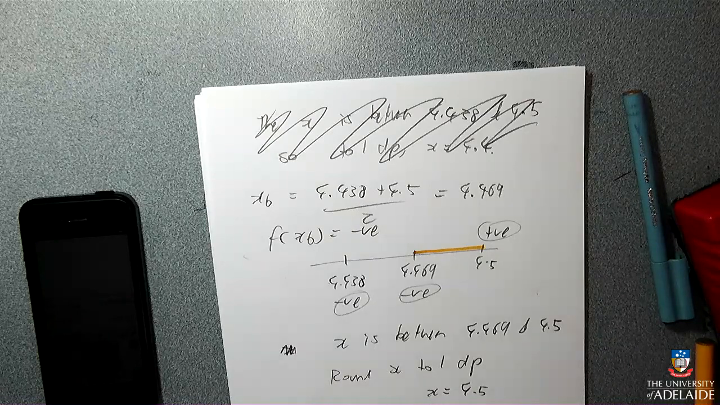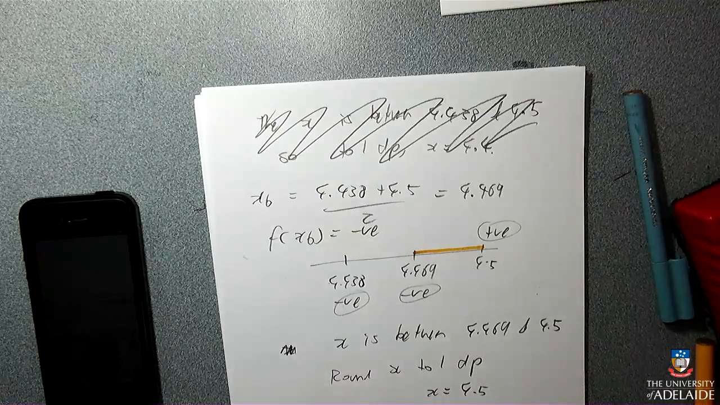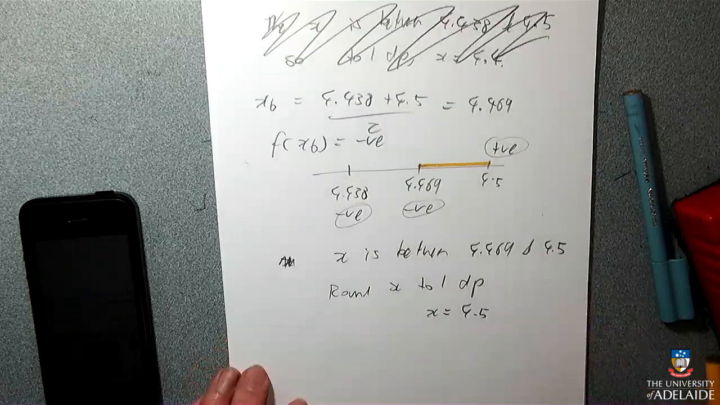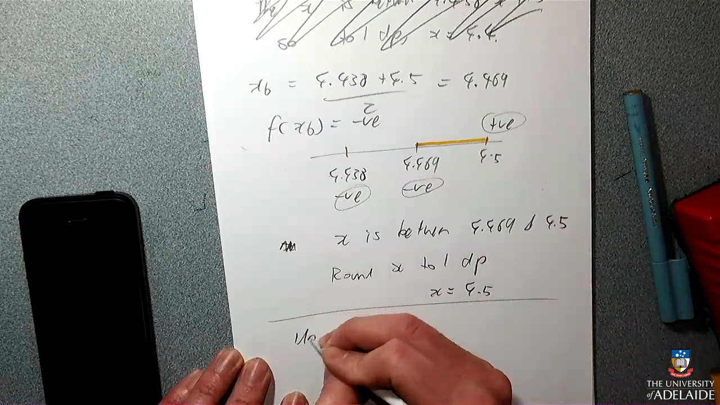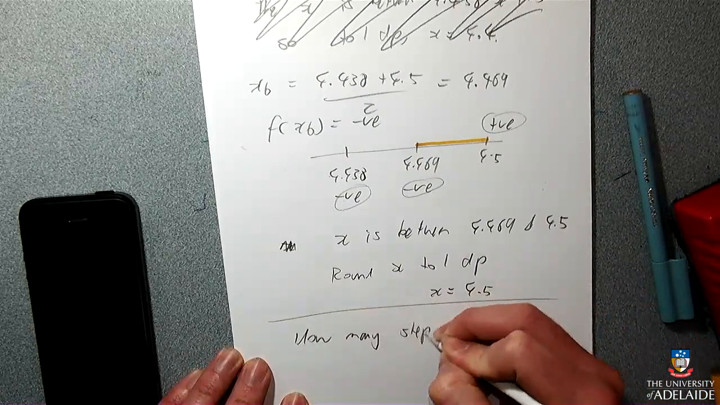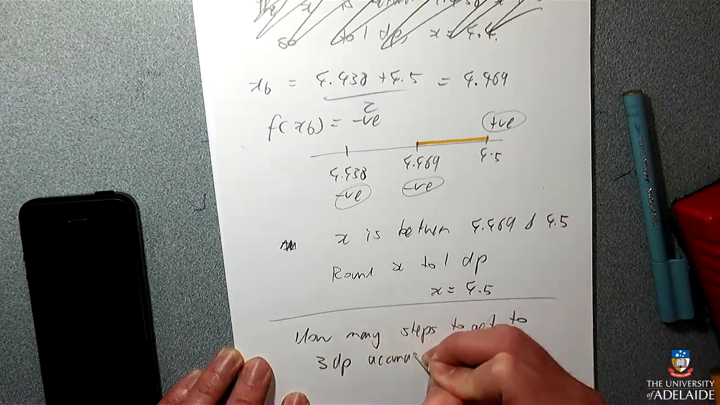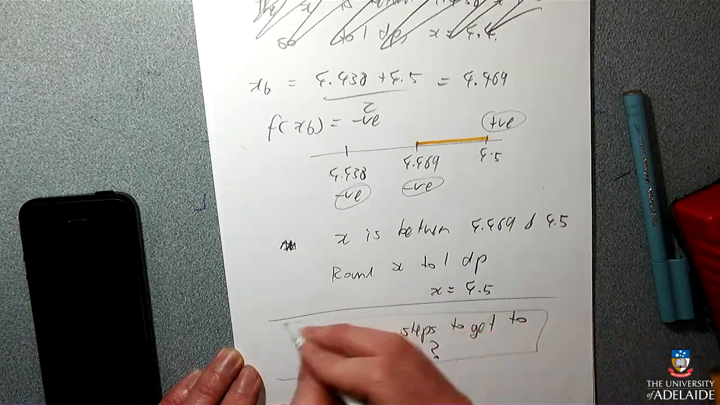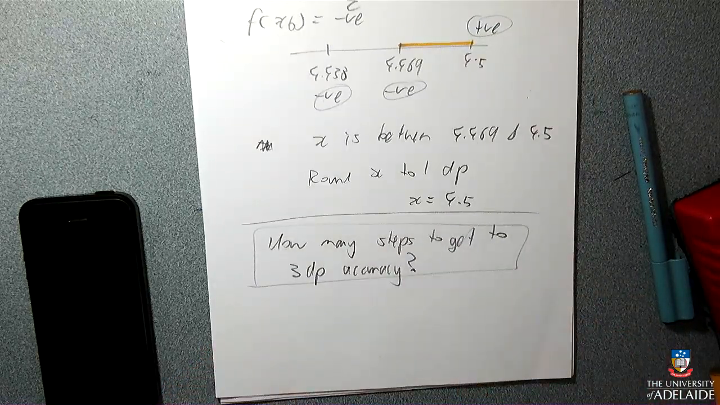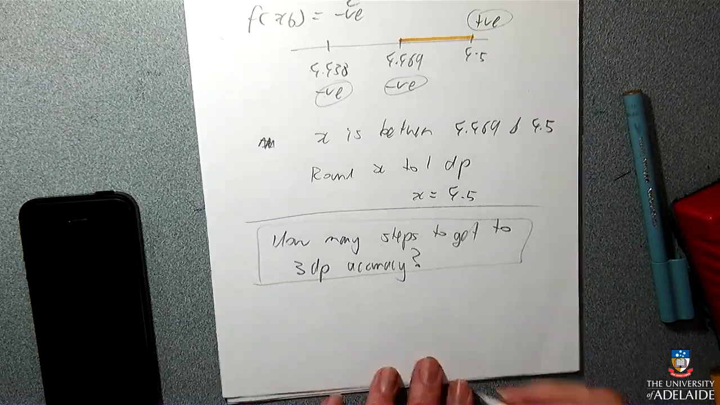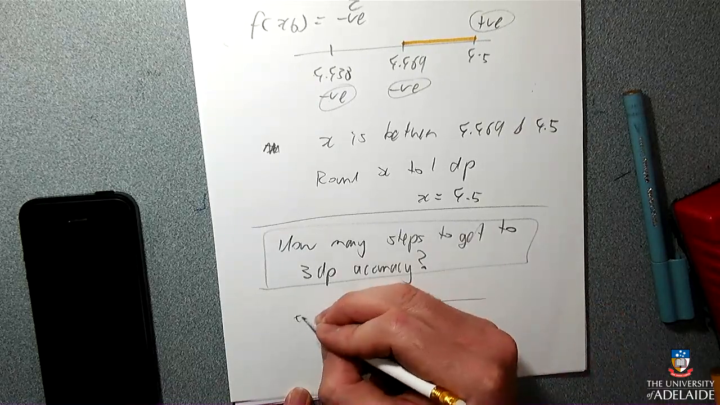So the only thing I could imagine someone asking you is, how many steps are you going to need to get to the accuracy you want? I don't know if they ask that sort of question, but you could imagine that. To get to 3 decimal places of accuracy, that would be a question that you could ask. And I guess the idea is every time you divide the interval by 2, you get the zone down a bit smaller. And 3 decimal place accuracy means that you're going to have, for example, something like